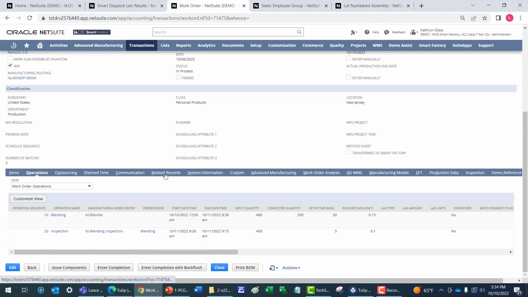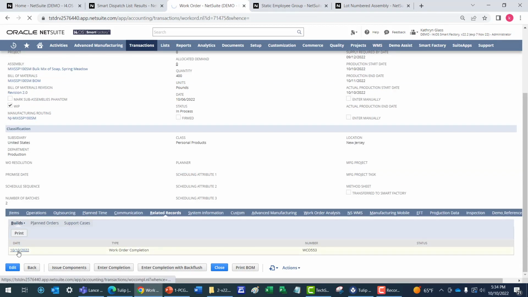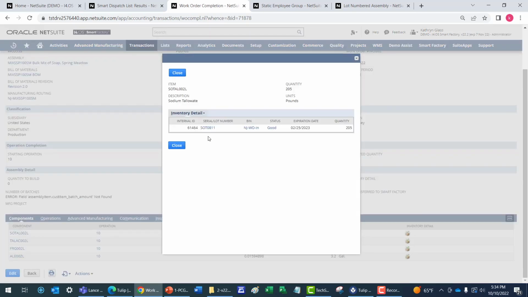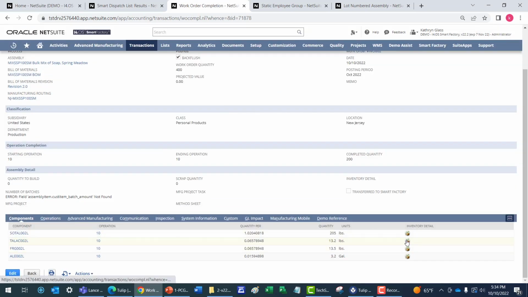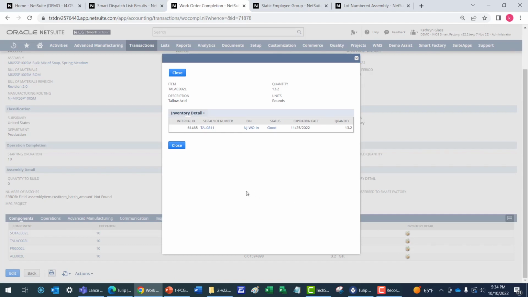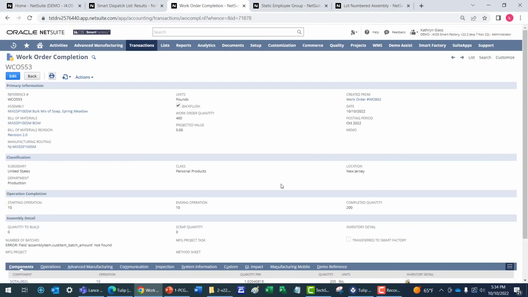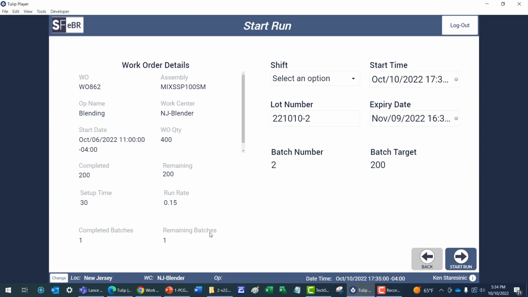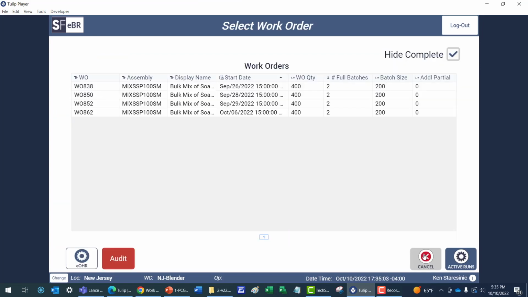My related records show those material issues, and for lot traceability, every item reflects the lot number that I issued and my staging bin that I took it from in order to maintain accurate real-time inventory. So I'm able to complete the second batch in the manner you just saw me execute, but we're going to go back over to SmartFactory to show one other aspect of SmartFactory extending native NetSuite